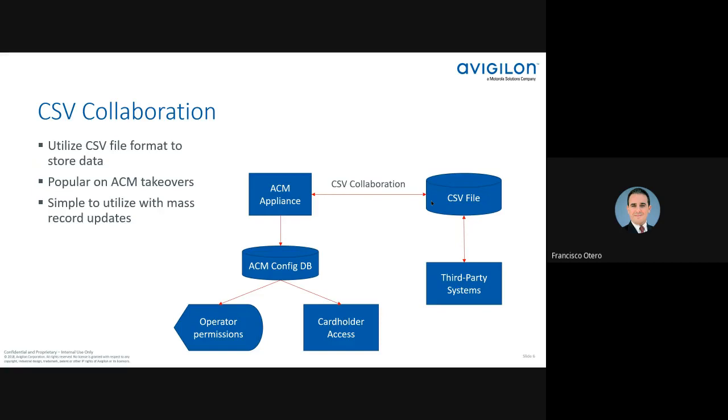I have this database from this legacy system, and from that I can generate a CSV export. Then we can put this in a format, and from that format we can import it into ACM, okay? Or I want to export the data out of ACM into a CSV format because this customer needs to use it for a particular database that doesn't really comply with Oracle, SQL, or even LDAP, right? So it's something different. So CSV will be the one they utilize. So just to show you an example,